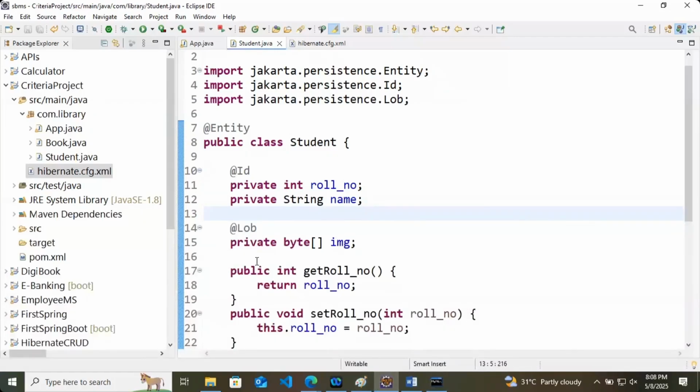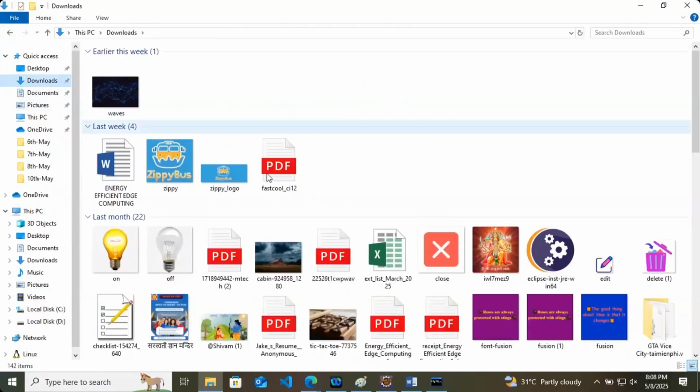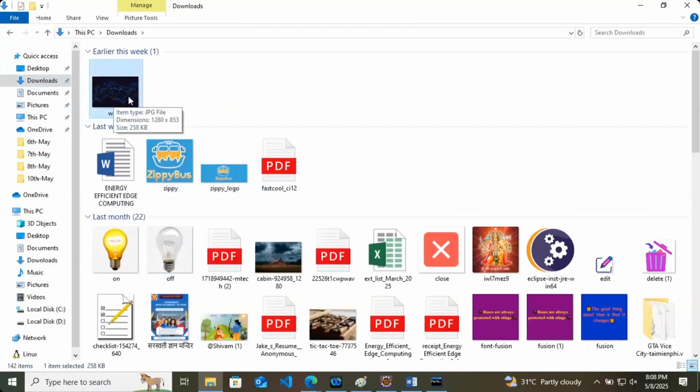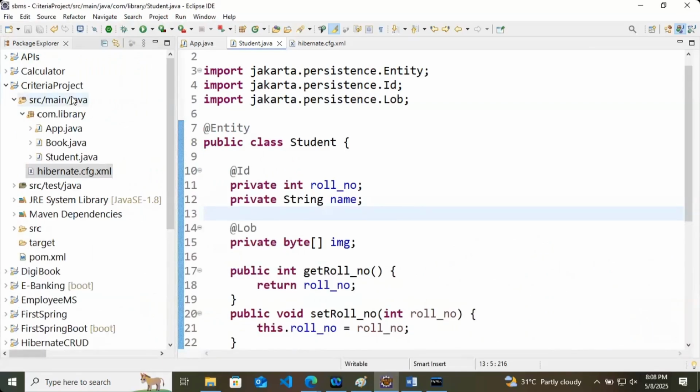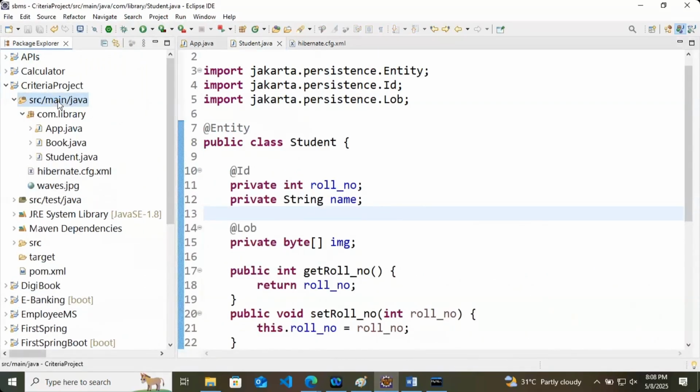At first, I will copy one image, let's say this waves image, and paste it inside my class path, src main java. I am choosing this folder as it is easily accessible.